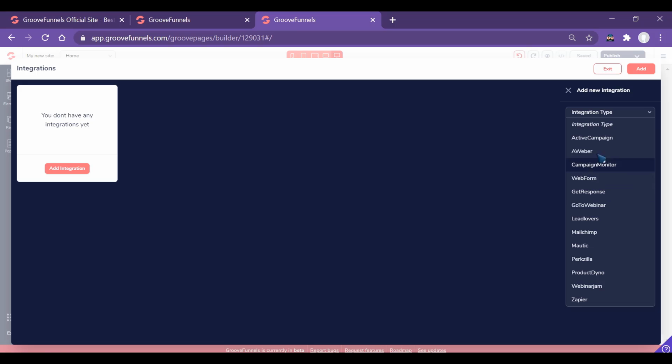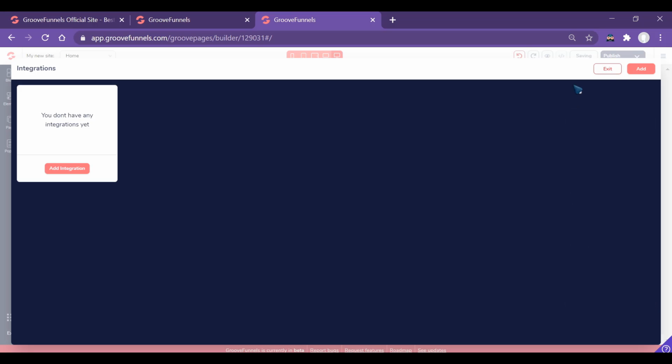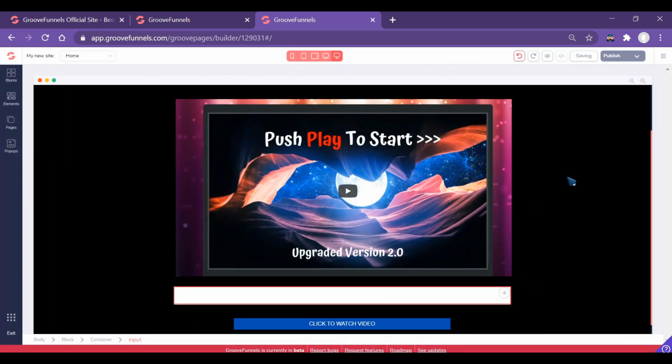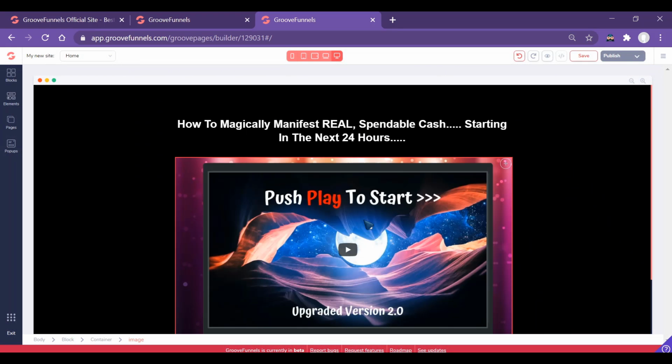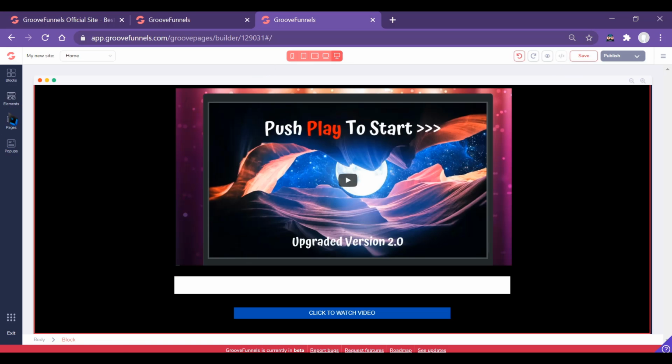These are popular companies that provide email services, like ActiveCampaign, Aweber, Campaign Monitor, Web Page Forms, GetResponse, Mailchimp, Mautic. These are all modern and good companies, and these guys are providing you with the option of integration. It's a very good feature, I like it.